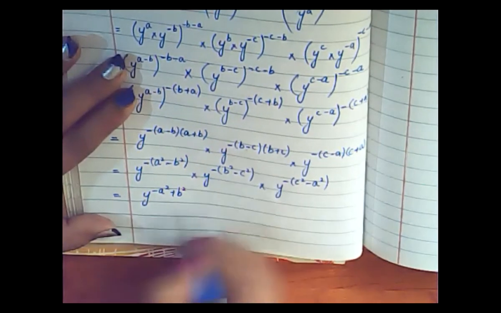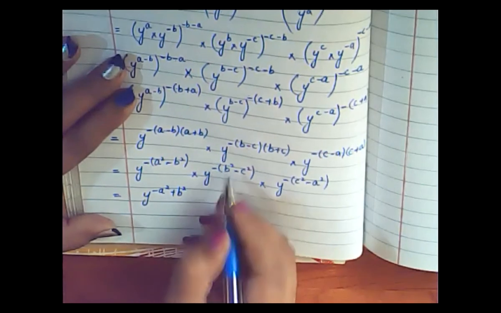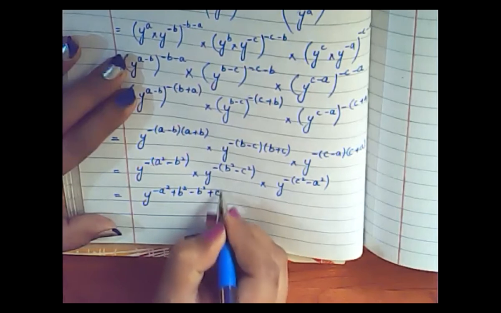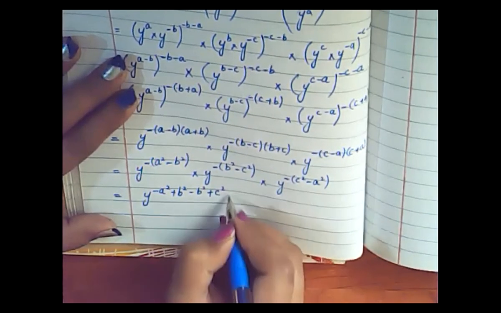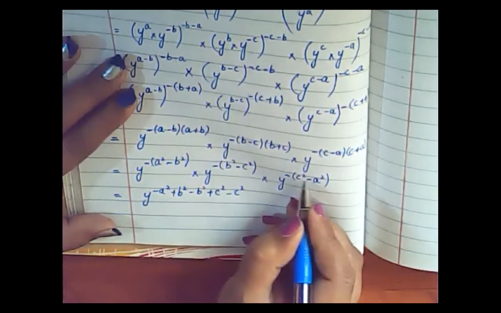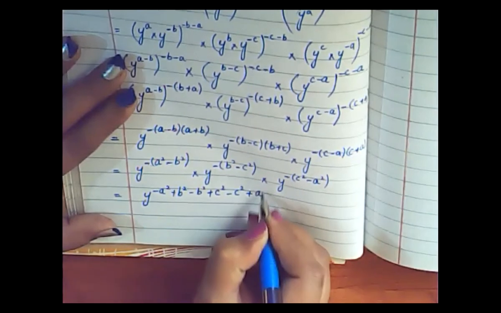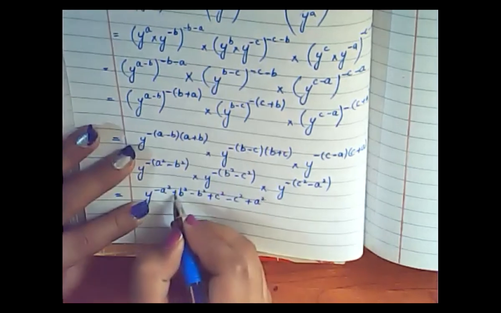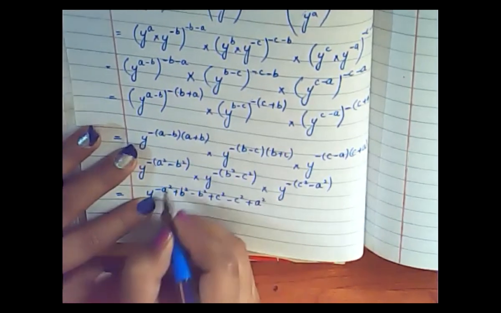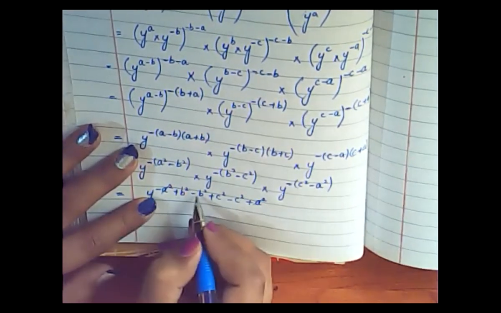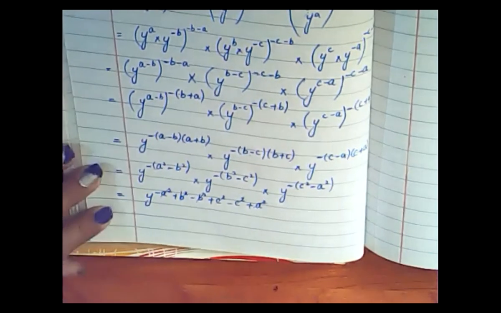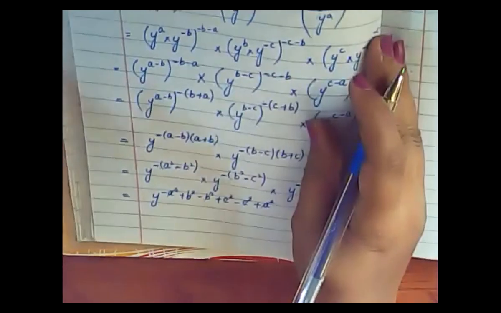Okay, I took the base as common here, so moving towards this one, minus b square, minus minus plus c square, then minus c square, minus minus will be plus a square. Okay, now as you can see here, what you have, minus a plus a, so this will cancel, plus b minus b this will cancel, plus c minus c this will also cancel, all of this will cancel. So what will be left here?